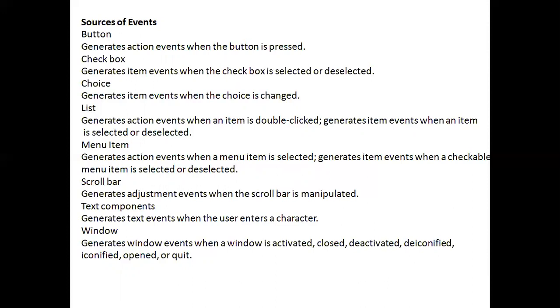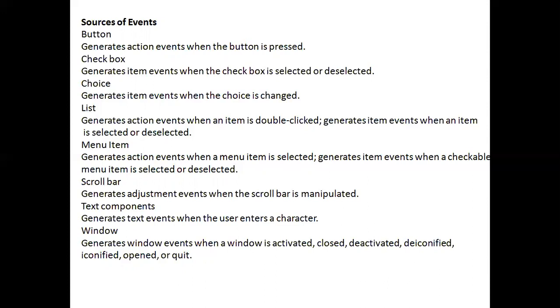It generates item events when the checkbox is selected or deselected. We can select or deselect the checkboxes, and that action is registered with the listeners. If there is any change in checkboxes, that means while selecting, the action is registered with the listeners.